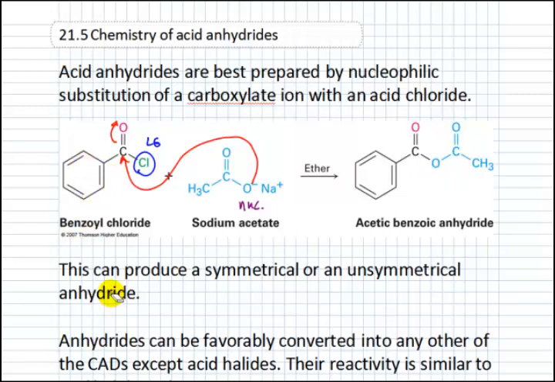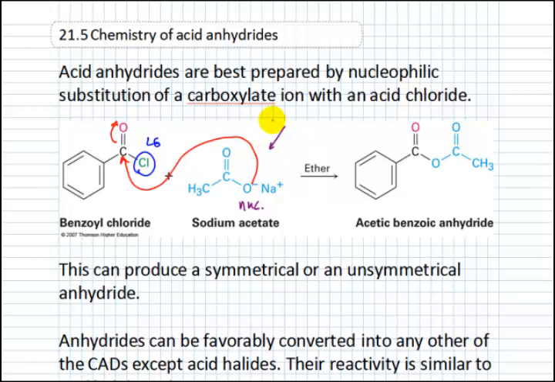So we can use this method to produce really any anhydride we want. It can be symmetrical or unsymmetrical, right? If we use a different R group in our acid chloride from our carboxylate, we can very easily make an unsymmetrical anhydride. So if we wanted to do this from scratch, from carboxylic acids, of course, we would